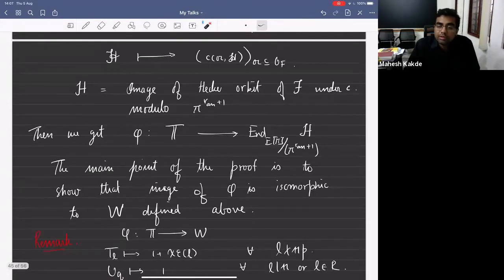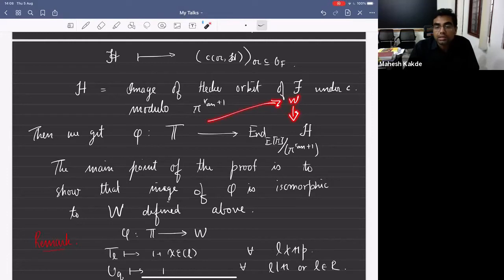And the point of the theorem is to compute what the image of this map is. Okay, the point of the theorem that I started with today is to compute what the image is, and then you show that the image is actually isomorphic to W. So what you do is you have a W here, and then you go this way, by saying how each of the variables pi and epsilon i's act, and then you show that your map factors